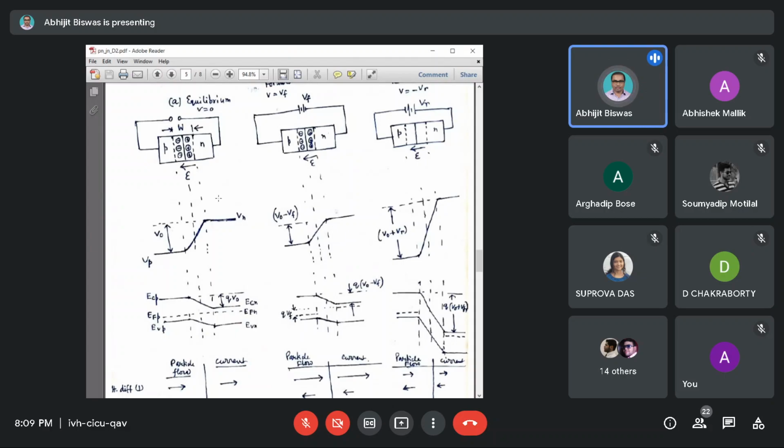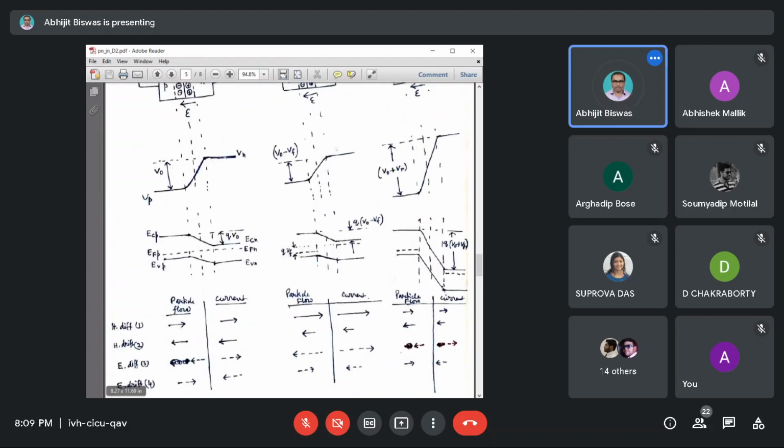Due to the presence of the electric field, holes drift. Holes are drifted from N side to P side, and they come through the valence band of N side and come easily to P side. As the concentration of holes is very small, they carry a little amount of current, and it is shown by this continuous line from right hand side to left hand side. This constitutes the hole drift current. Drift means the motion of charged particles under the influence of an electric field.